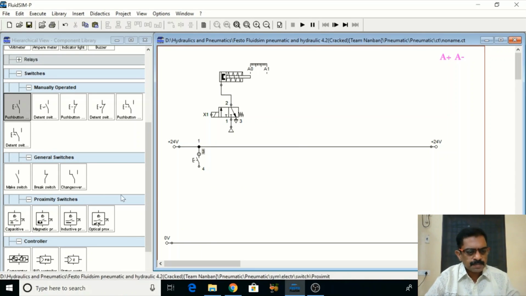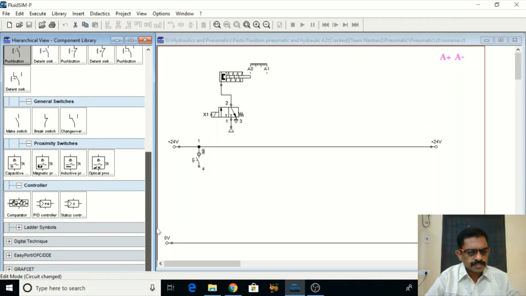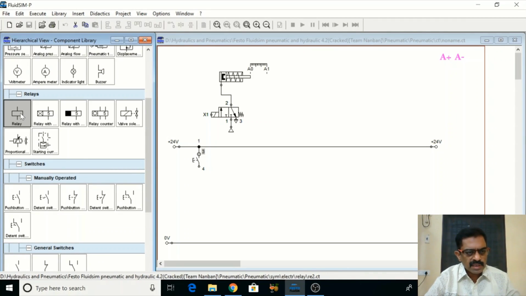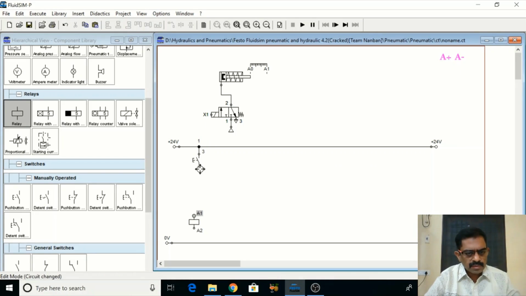So I need a relay. Go to relays. So let me choose a simple relay. So let me connect here. So I can connect to this, and I can connect to another terminal. So this is my relay. So in between I have to use a few more elements. So let me choose, let me delete this, let me delete this. So before that